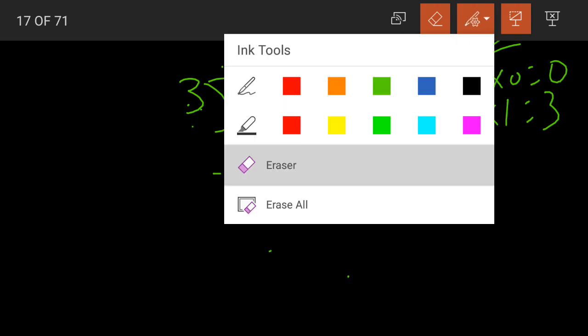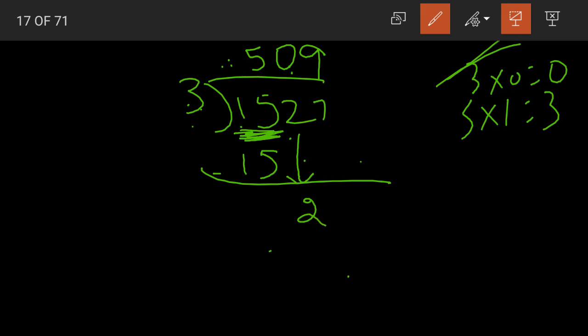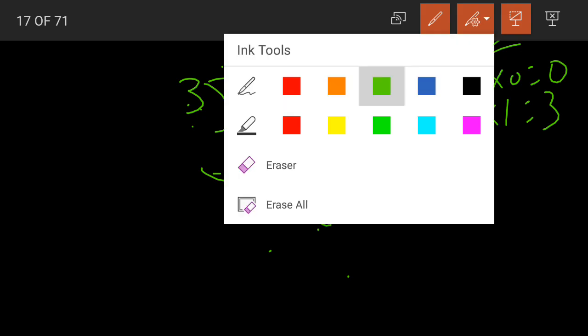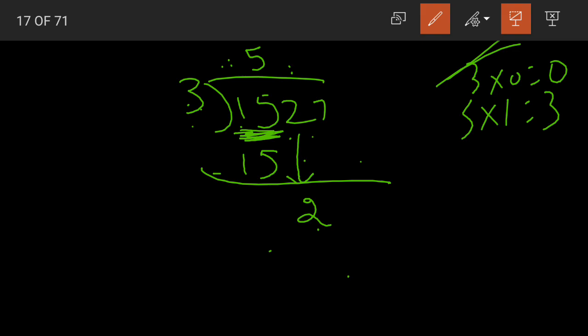Yes. So what did we do here? We brought 2 down. Now 2 does not come in the 3 table. Yes, 2 is less than our divisor. So what you can do is, in each step we can bring only one digit down. Yes or no? So here, if you want to bring another digit 7 also down, you need to place a 0 in the quotient, as 2 is not divisible by 3, 2 is less than 3.